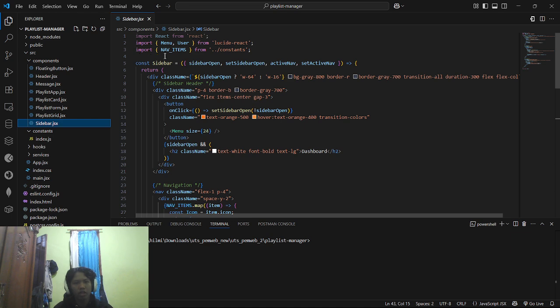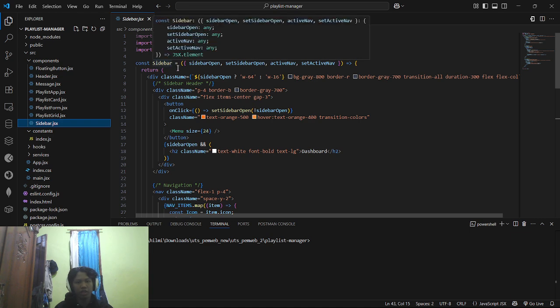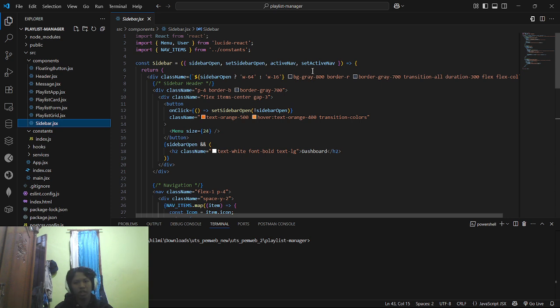We import again nav item from the constant file. So before we code, we define the sidebar open, set sidebar open, active nav, and set active nav.